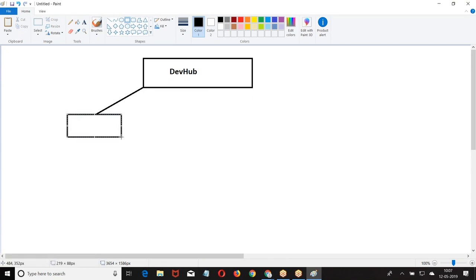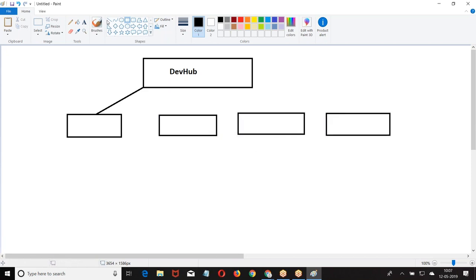My DevHub can be a production or a sandbox. From DevHub, I created a scratch org.